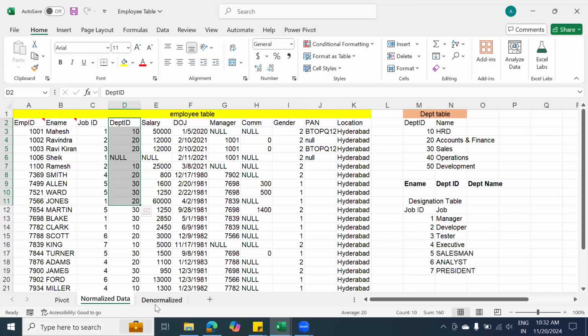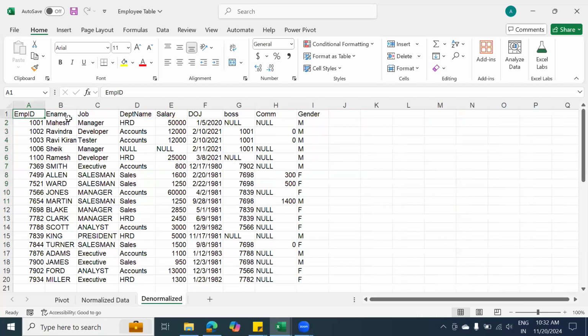Now, I have one more sheet here. Can you see this table here? Can you tell me the difference between normalized data and denormalized data? Do we have IDs here? No. We have names here.